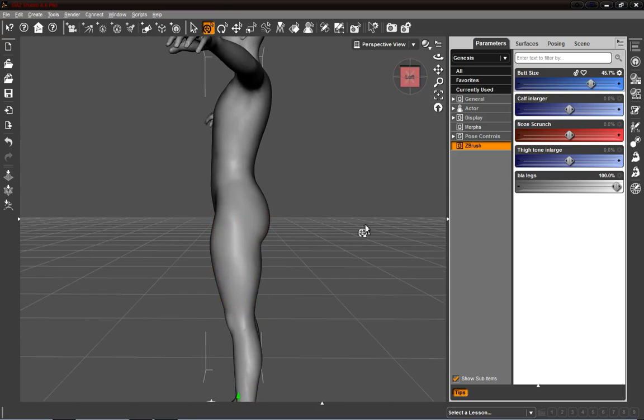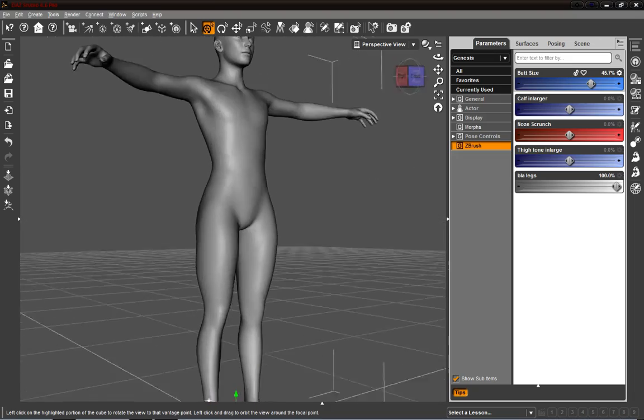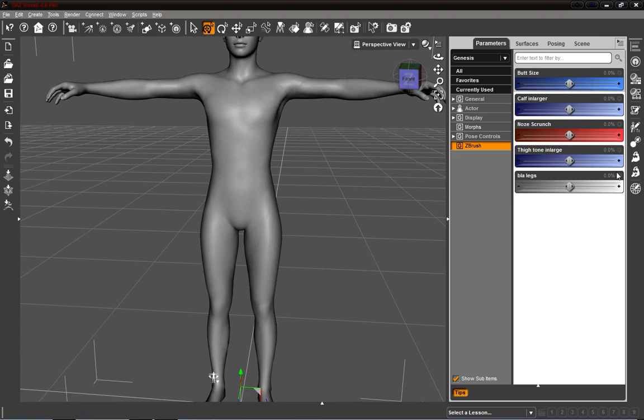Of course, this is not the leg segment. Oh, wait, these are kind of nice. Yeah. You know what? I think I might save these legs. Okay, cool. I'm going to save these. Okay, so I'm going to select